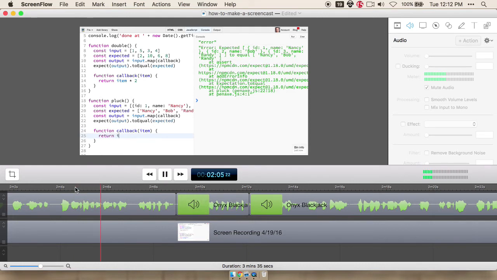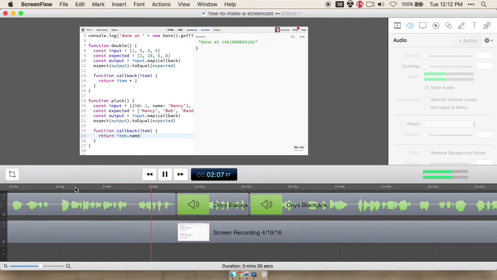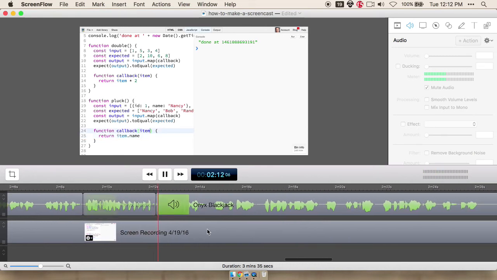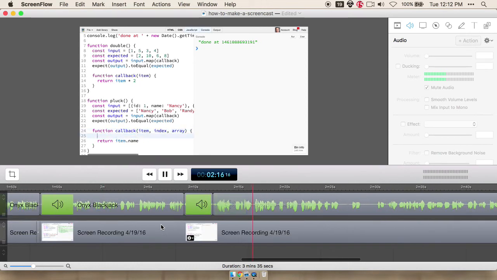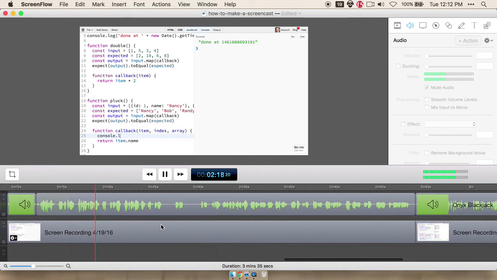We simply want to return the item.name, and that will make our test pass. So there are a couple other arguments that these functions can accept. You can also get an index and the full array. So if I'm going to console.log here, we'll just do a couple lines, and then I'll console.log item, index, and array. Then we'll see